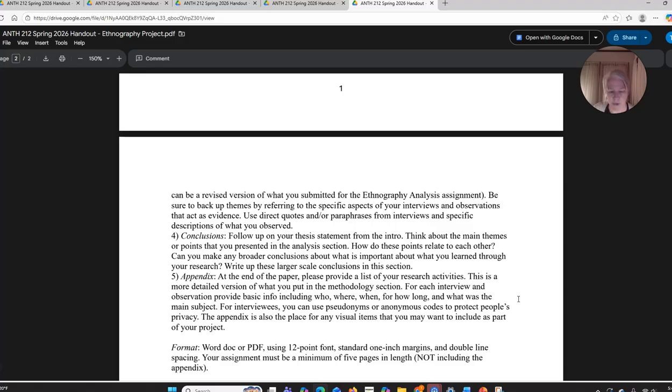I will say also, and the information's in here, but just let me note it, one of the things you learn from lecture 2 is also the question about research ethics that cultural anthropologists consider very important. And one of those is protecting the people who agree to sit down and tell you stuff, right? So when I say I want to know who you interviewed, it doesn't mean I need to know that person's real name. It is perfectly fine to use pseudonyms, meaning made up names to represent somebody, or any other way you can hide the identity of that person, okay?